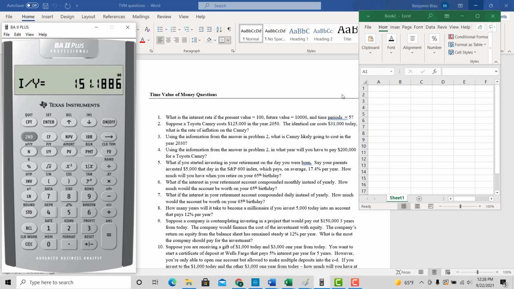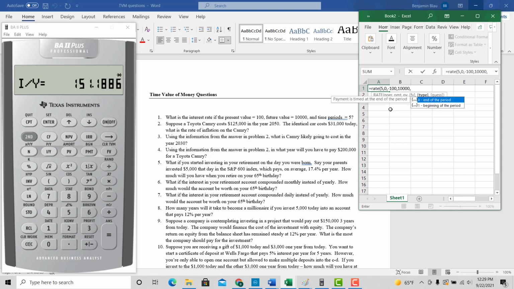And I get 151.19%. To solve number one in Excel, I say equals RATE. The formula in Excel helps out a bunch. Number of periods is first. I put 5. Payment is 0. Present value is negative 100. Future value is positive 10,000. And then it asks again, do I want the interest to compound at the end or the beginning of the period? Unless I specify in the problem, the answer is always the end of the period. I said end of the month, I meant end of the period, the end of the year. All right, so I'm going to close my parentheses there, and I get 151%,